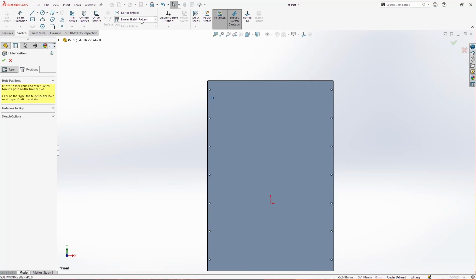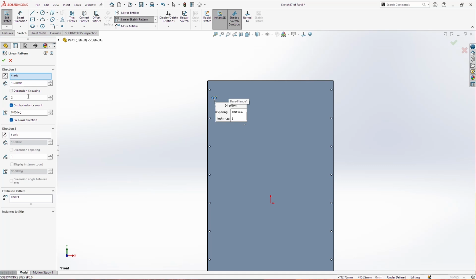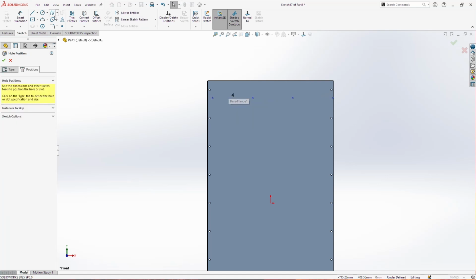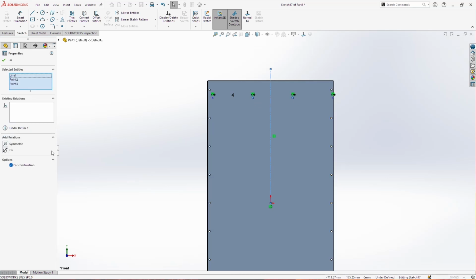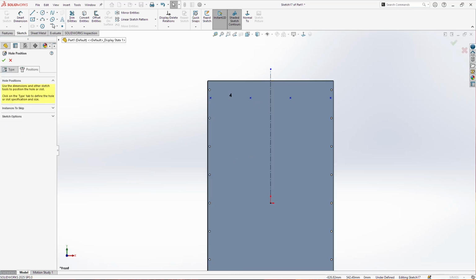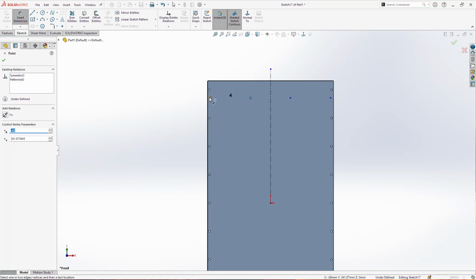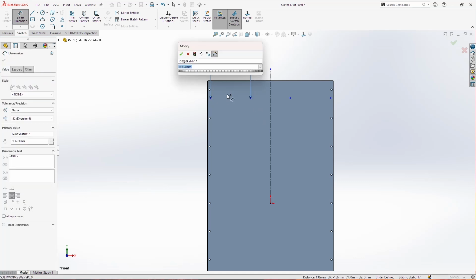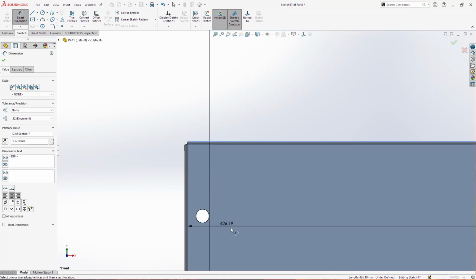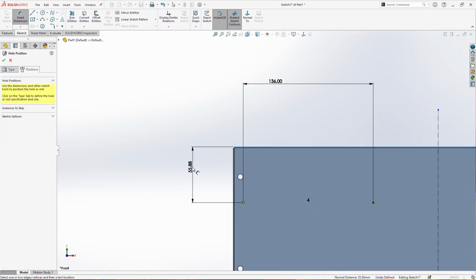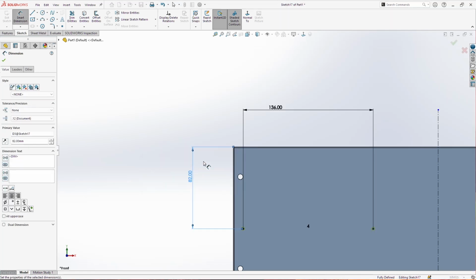Then with the help of a linear sketch pattern, I'm going to use 4 at 136 millimeters. Click OK. Then I'm going to use one center line, and I'm going to add one relation between these 2 points and the center line, and I'm going to add one relation between these 2 points also. From this line here till this point we need 82 millimeters,